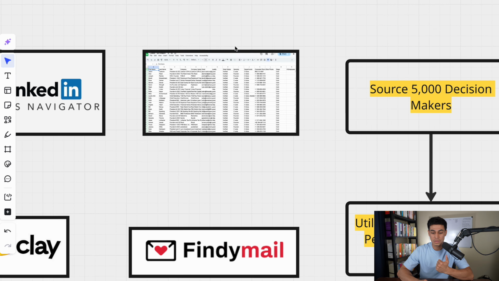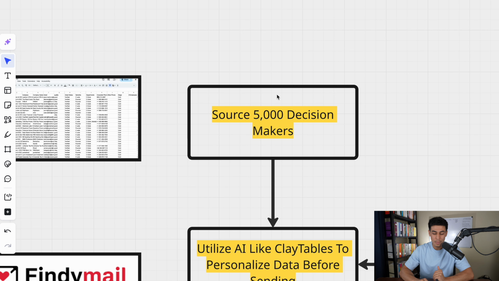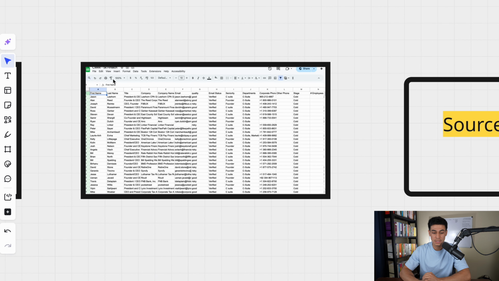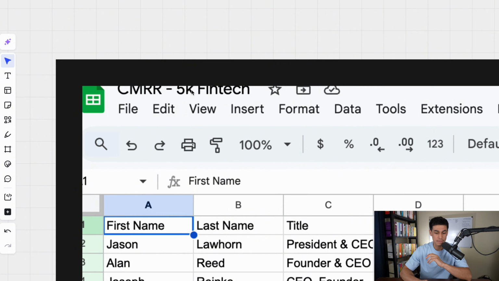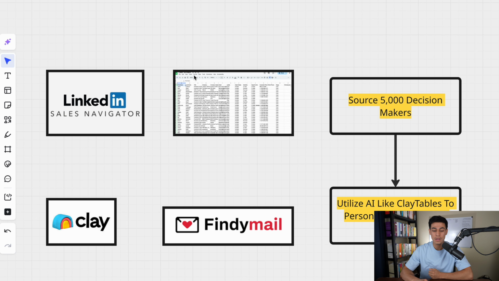Okay, so right now we're using LinkedIn Sales Navigator to source 5,000 decision makers. We do this on a monthly basis. I'll go out there and source a few thousand company heads at a specific company position. We'll insert them into Google Sheets. Obviously, you can see right here 5K fintech. Fintech is one of the demographics that I was going after for my personal marketing agency, and I still do